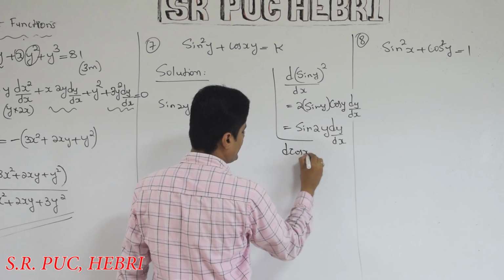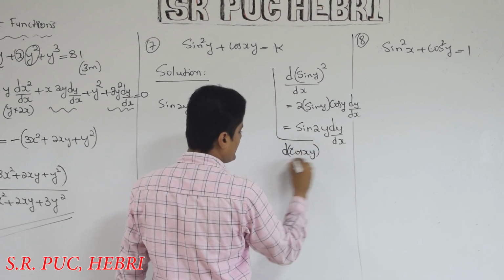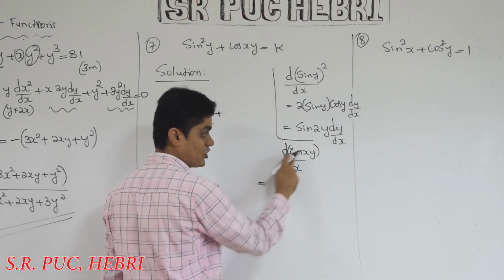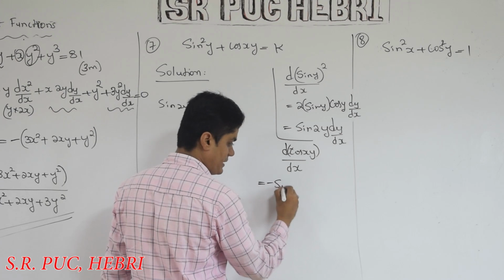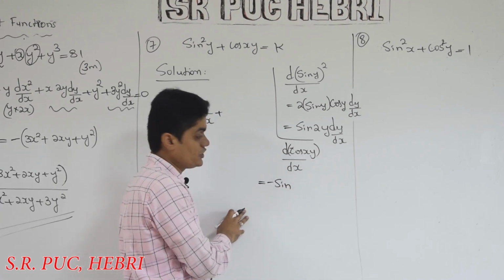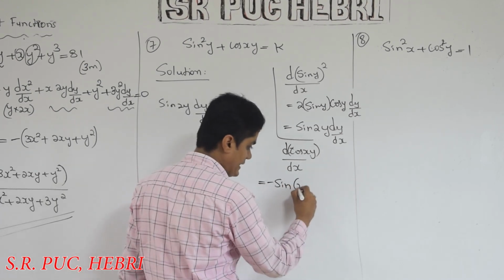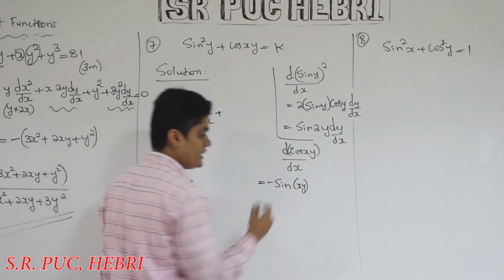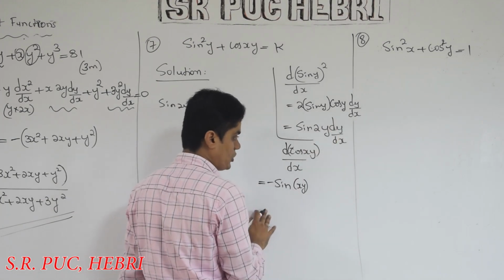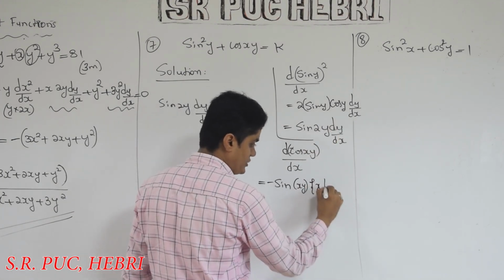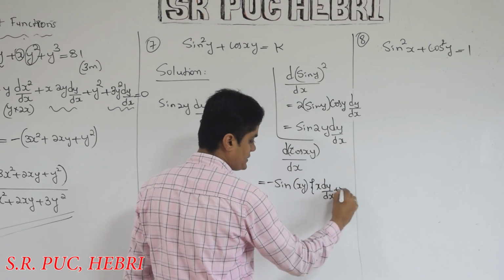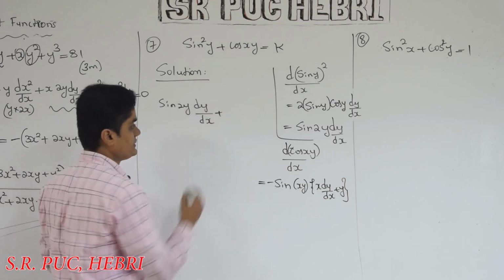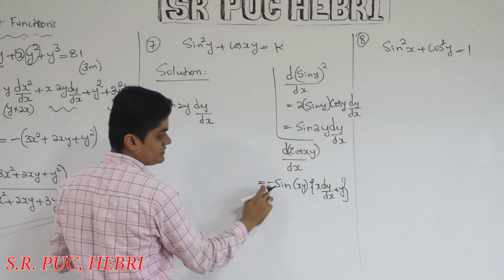Cos of xy is also made up of two functions. Which is the outside function? Cos. But the differentiation of cos is minus sine. Derivative of cos is minus sine, and x is nothing but x into y. Now what should we do? We have to differentiate x into y. You saw x into y differentiation in the previous problems. So put a bracket: x into dy by dx plus y. This is the derivative of the second term, so write it as it is. I'll change this plus to minus because this minus is coming.